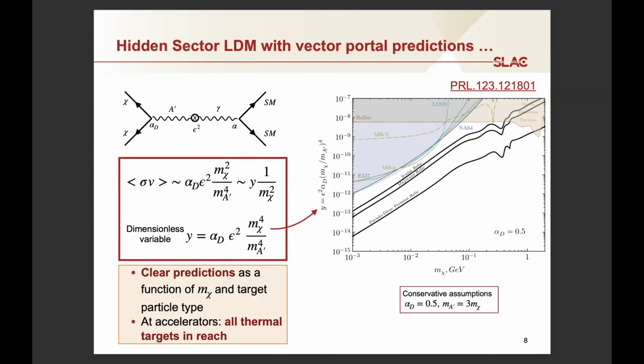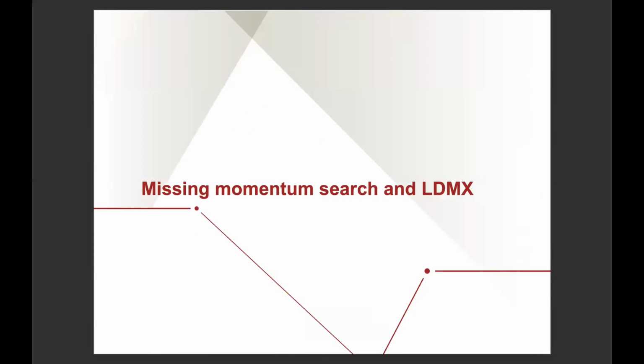Just a very quick word on sensitivity. We do have several experiments looking at this type of physics. One is, for example, NA64, which is a little bit shy from probing the candidates of this model that will give the right relic density in the universe. So we have a clear prediction as a function of the mass of the dark matter and the target particle type. So after boring you with this introduction, let's talk about the LDMX experiment